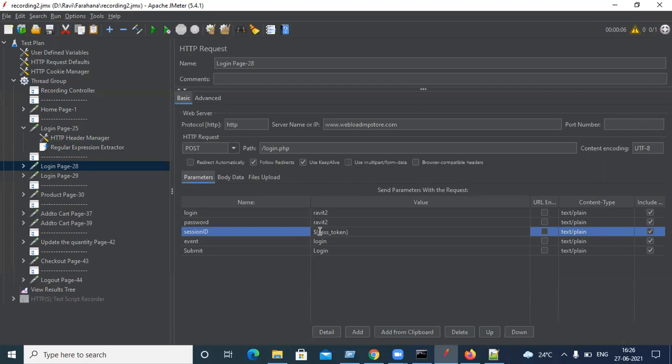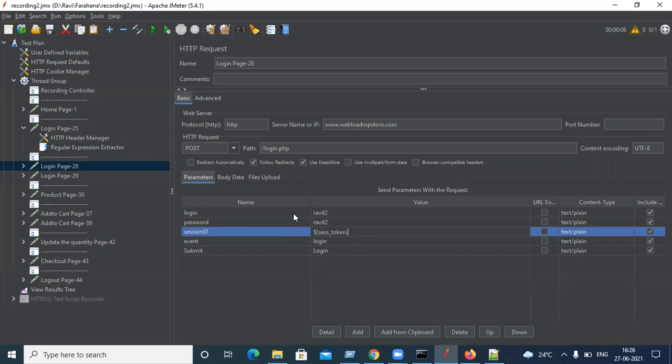Okay, anywhere in JMeter, suppose you store a value in the CSV, from the code, or anywhere. If the variable is storing a value and you want to pass that value, then you have to use dollar curly braces. If I put simply session token here, then it will take this as a string, not the value inside of it. So whenever you want to take the value inside, you have to do that.